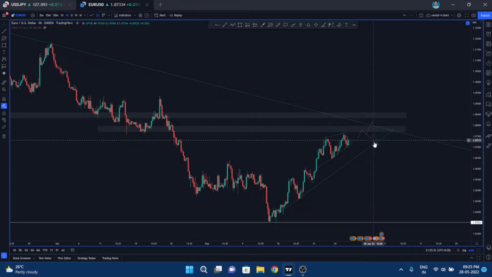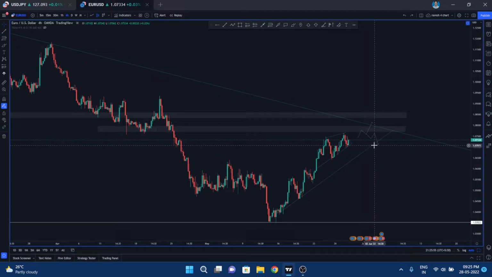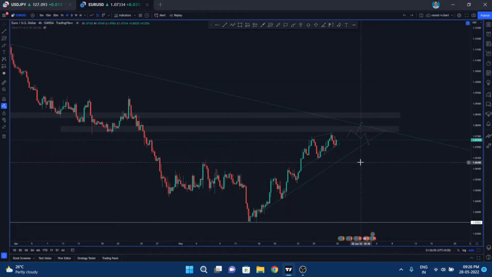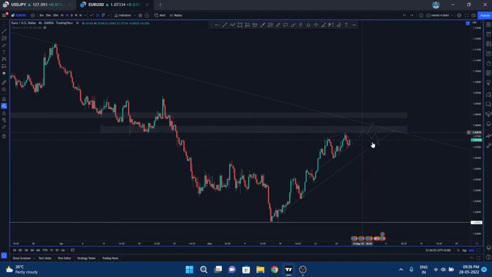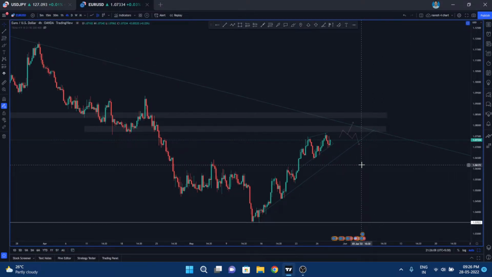Okay, so again this is an important trend line, guys, because we respected this trend line. Even if it is forming like this, let's say it is forming like this and making some kind of double top and breaking this low right here, again it can take support and continue up. So until it breaks this trend line, don't look for short entries. Wait for this trend line to break. After that you can look for short entries from there. So long entries and short entries are both there, guys. Let's see how the market moves on Monday, and after that you can decide on the trade.